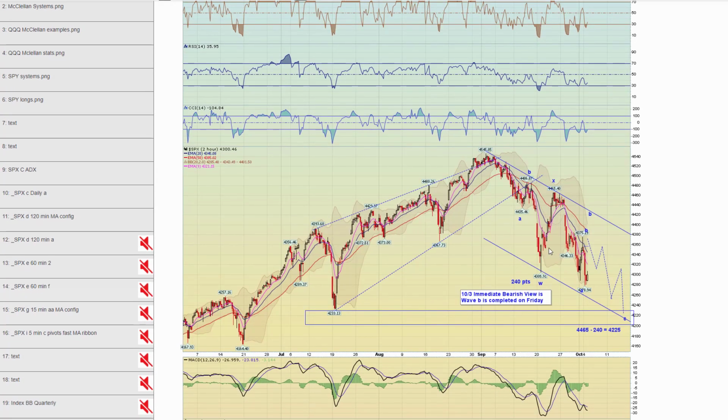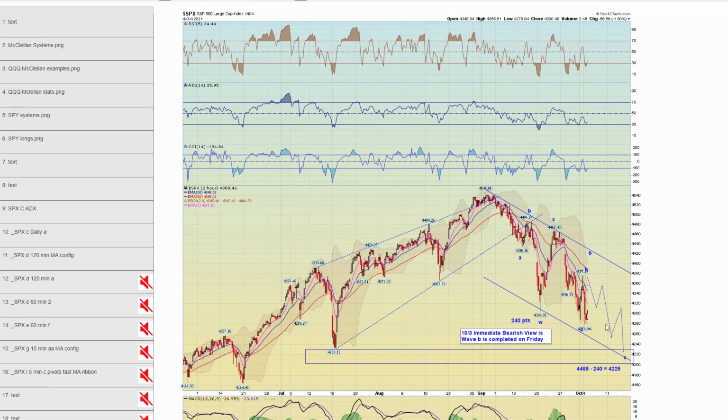Chart number 12, here's another 2-hour chart. Steve drew this and posted it early in the morning. What he discussed was that if we did not have an immediate follow through on Friday's bounce, to expect another decline, with the rally on Friday forming a wave A here. And we could be working over time lower in this wave C. Okay. Again, don't get too bogged down in this, but that is one potential target.